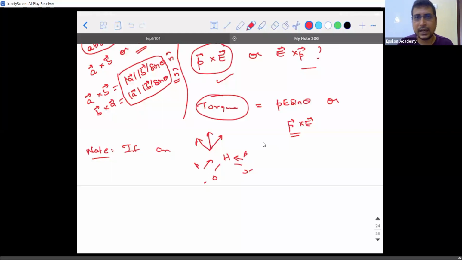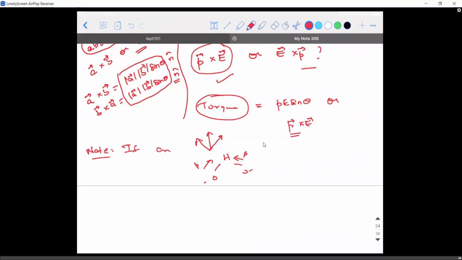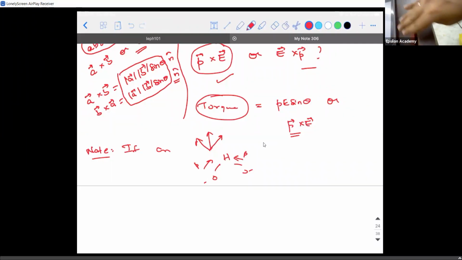Yes, I have another magnet. Due to this magnet, there will be a magnetic field around it. Accepted? Correct. There will be a magnetic field around this. This is a dipole. So what will happen when I place a dipole in the magnetic field of the other one? Observe. So this has a north pole and a south pole. The magnetic field is existing from which direction to which direction? It is existing from north to south, correct? There is a magnetic field here. In the area there is a magnetic field.